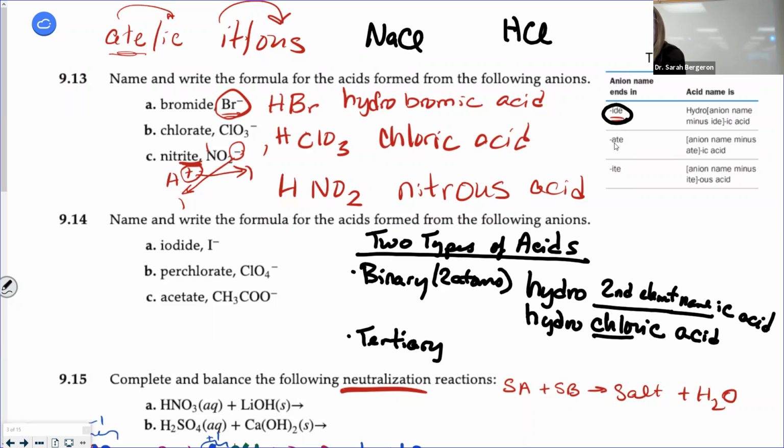Now, if you have something that comes from the polyatomic ion table, what do you notice? Go to your polyatomic ion table. What do you notice about the ending of all of these names of ions? What do you see over and over again? Either ATE or ITE. So when you find a polyatomic ion, you take that ion name and take off the ending, and you're going to add a different ending depending on whether you started with ATE or ITE. So how do you remember which one's which?